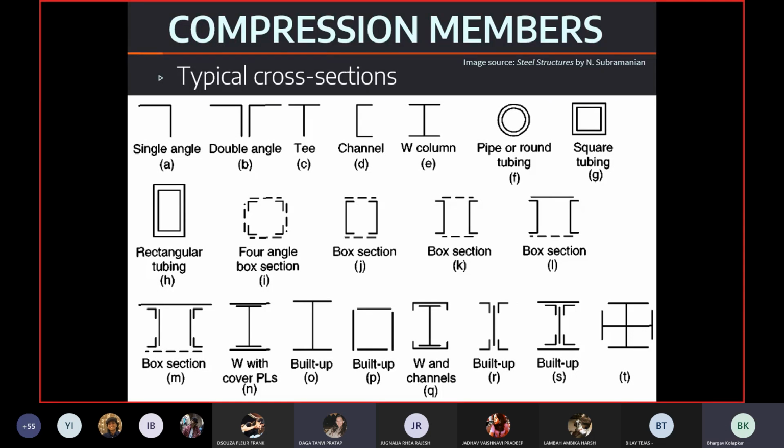Okay, because see, a generic answer to this is that buckling strength is a function of r. Greater the value of r, greater is the buckling strength. So if I compare two sections, say an I section and a hollow circular section, both of them have the exact same area, and I want to identify which of these sections would take a higher axial load. The answer would be a hollow circular section